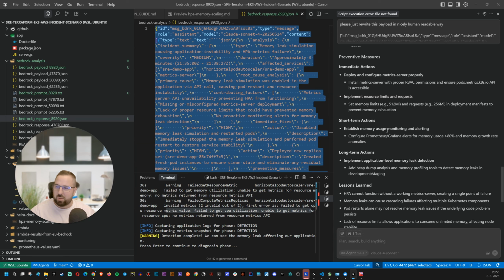Anyway, short-term action: establish memory usage monitoring and alerting. This is really, really good. Yes, the good practice is that you would definitely have an alert for the memory. Why the memory is so critical compared to CPU is because if you're having your pod and it's increasing on the CPU metrics, on the CPU usage,